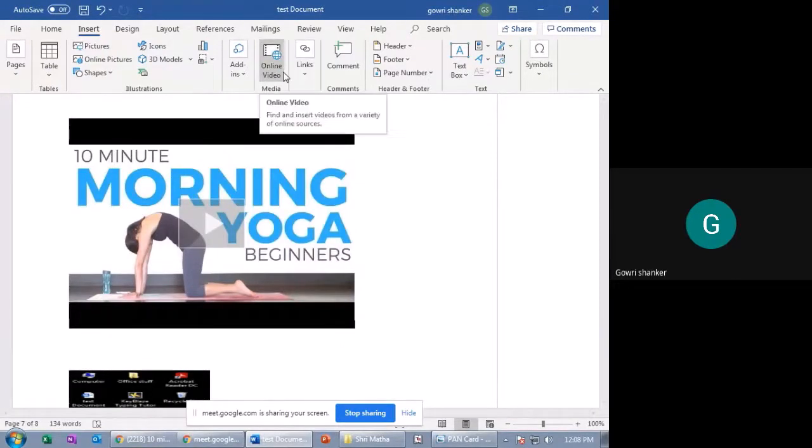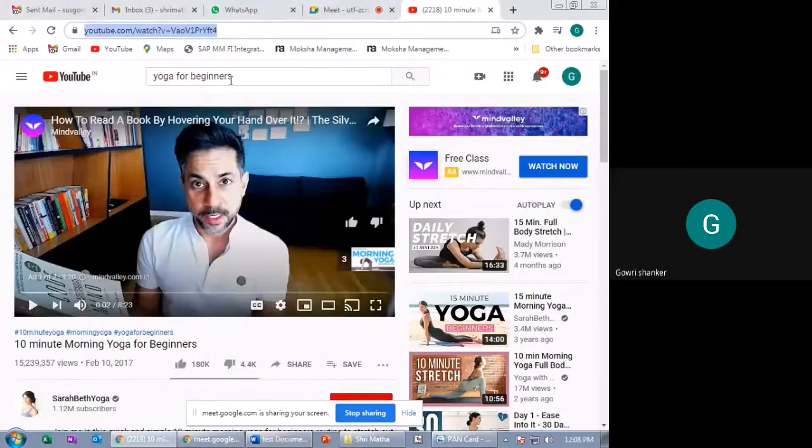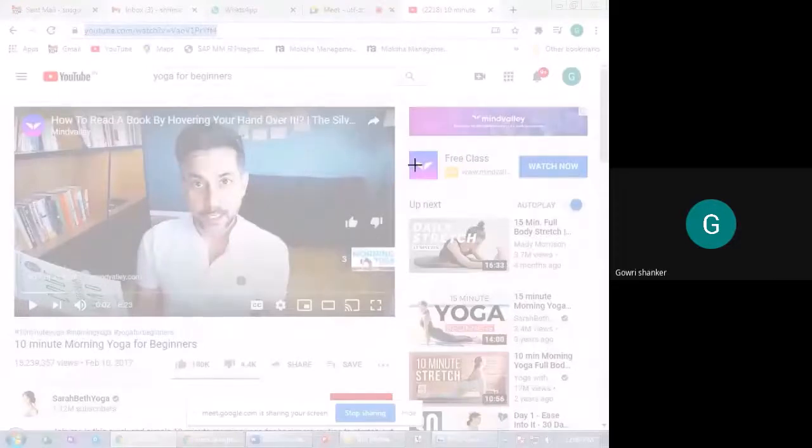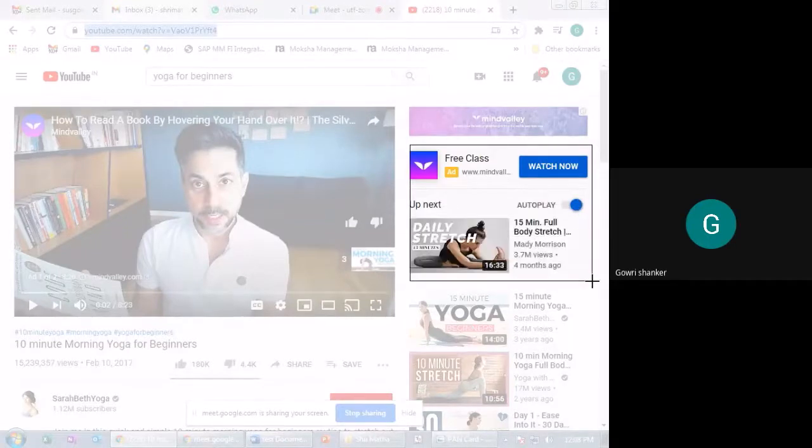Next, you asked me to show the screenshot. See, here there is an icon, Illustration. You can see there is a Take a Screenshot option. Right? Screen Clipping has come into the picture. Now I want to take some screenshot. For example, I want to take this particular small thing. Just drag it, till where you want.